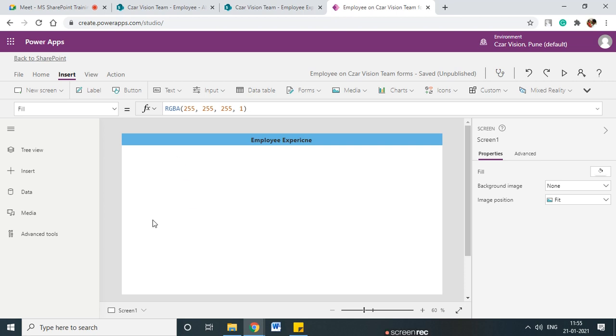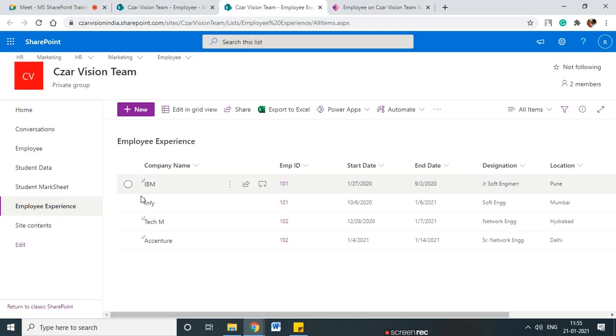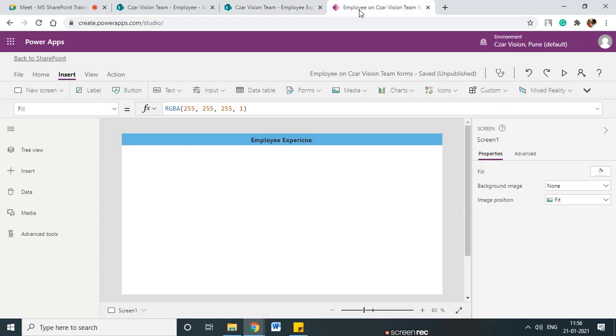What the gallery will do is display these employee experience items, just two fields from them: employee ID and experience from company. These two fields. This is the role of a gallery. Once you see it, then you will understand. So with the gallery data